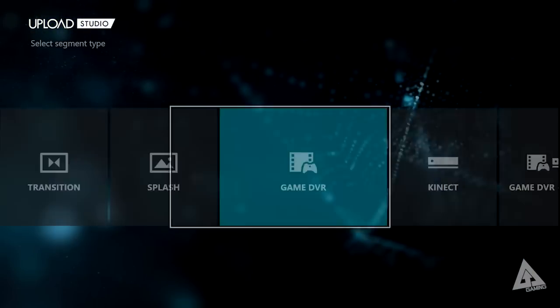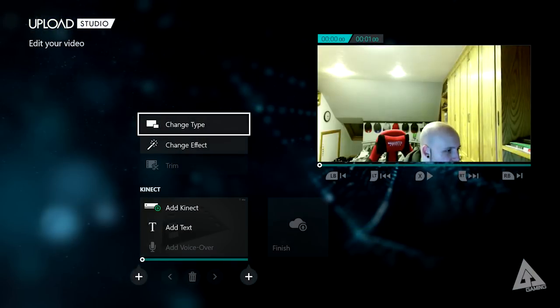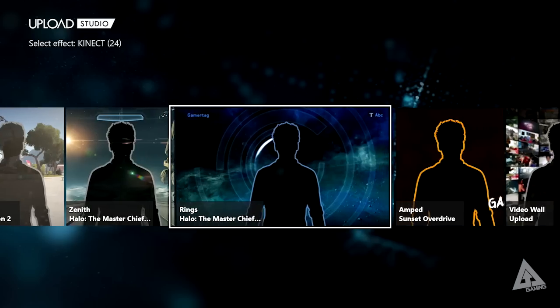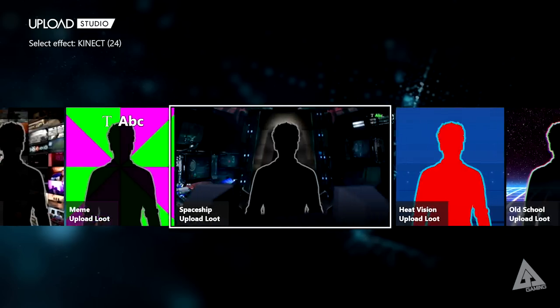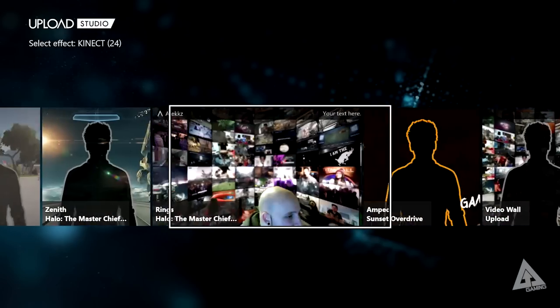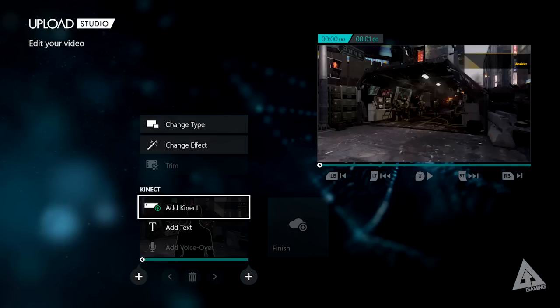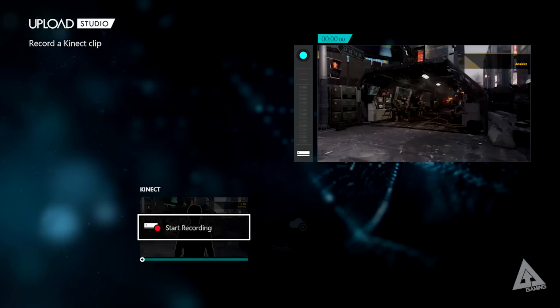If we go to change type for a second, and we select connect, then if we go down to change effect, you'll see by default this one's selected. But if we now go over to something slightly more interesting like one of these, in fact let's go back right to the start and we'll have say the Call of Duty one. And I then go down to the option where it says add connect. If I then hit start recording,